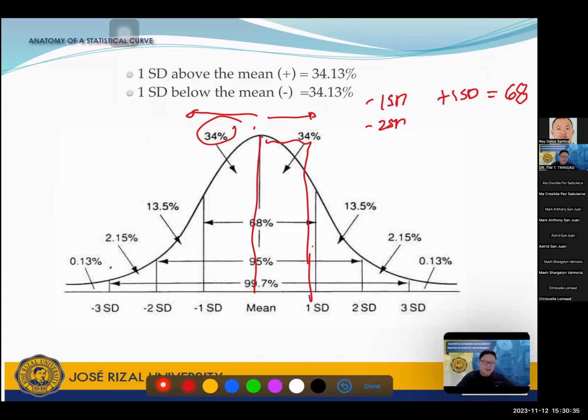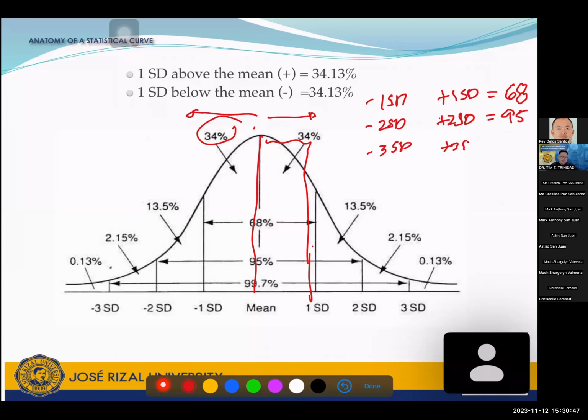Negative 2 standard deviation and positive 2 standard deviation, 95%. Negative 3 standard deviation, positive 3 standard deviation, 99.9%. Okay, so this will be the possibility. Okay? So that kunyari,